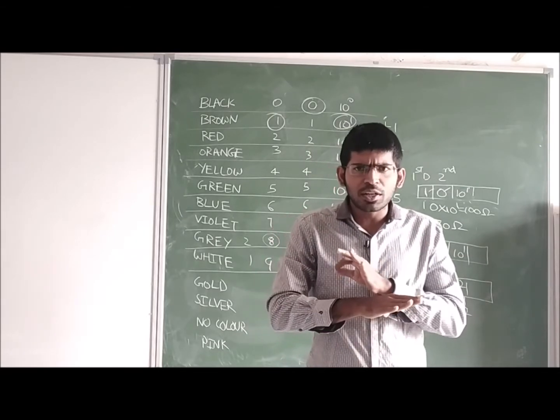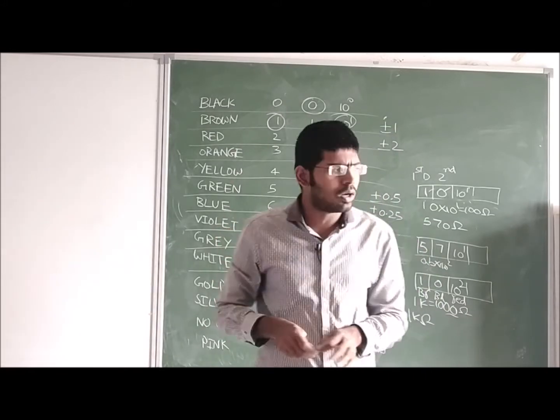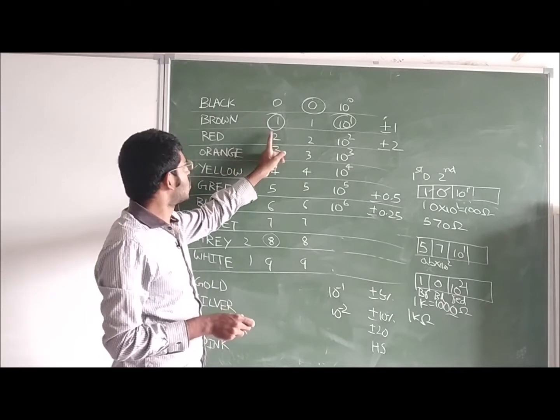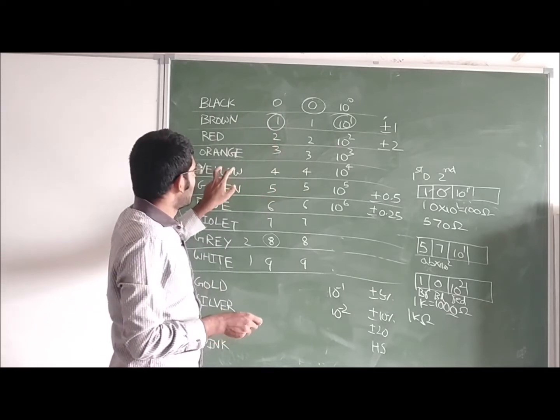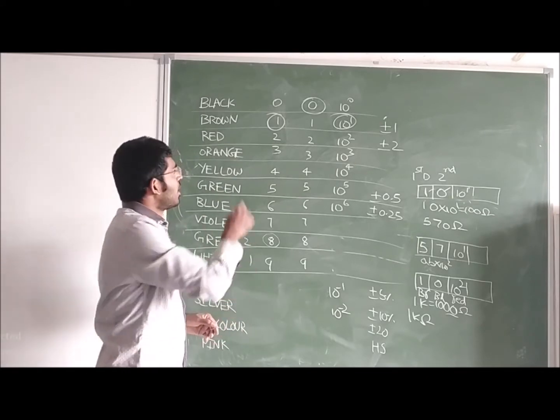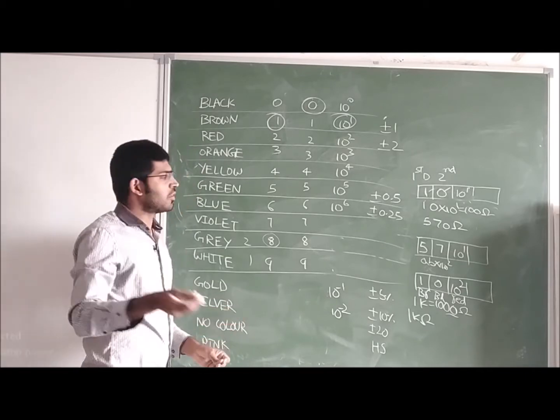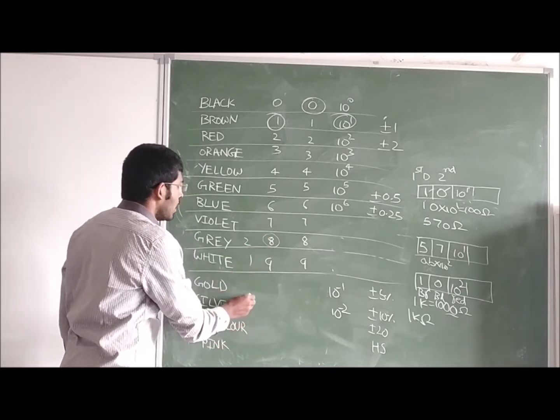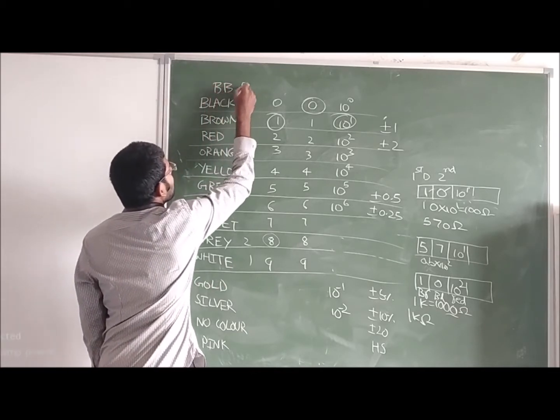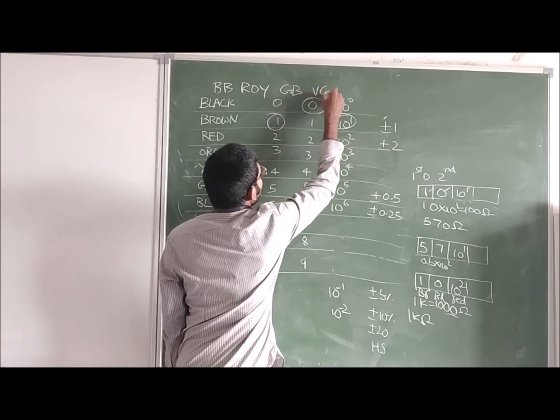So we are universally taking the same color coding that is accepted by the entire world, where black means 0, brown means 1, red means 2, orange means 3, similarly yellow means 4. These colors we have indicated. To remember these colors in the same order, we have one code we have given in the textbook. BB Rai of Great Britain has a very good watch.